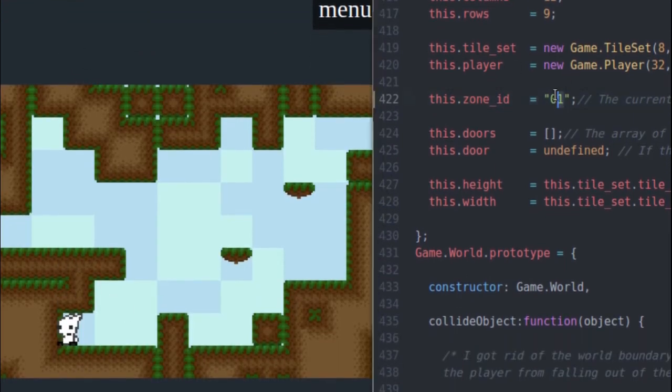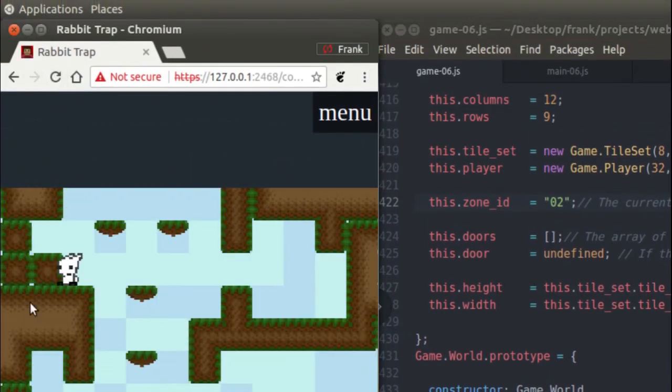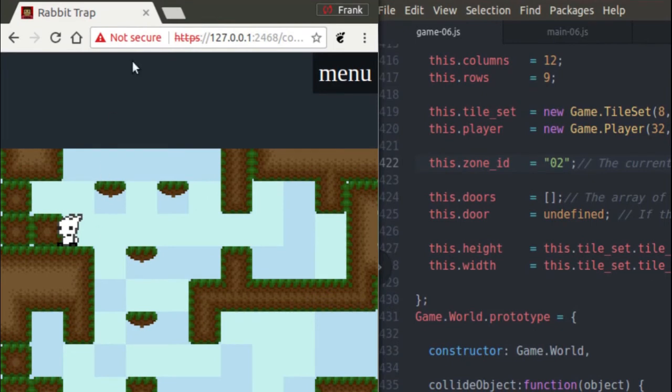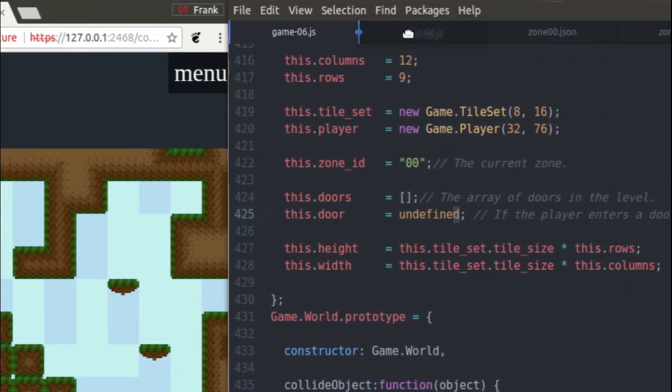If I change it again, let's go world 02, save, we're going to load up, and it's going to immediately, well, it dropped us in world 2, but we fell down into world 3. So basically this sets our default level to load initially when we boot up the game. So that's where we define that, but now we're going to take a look at